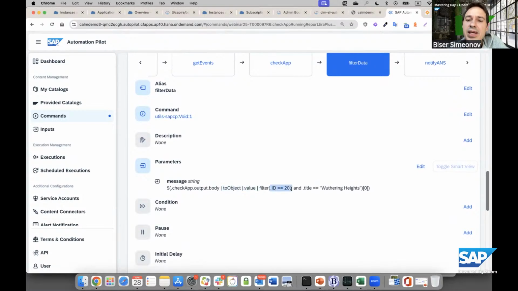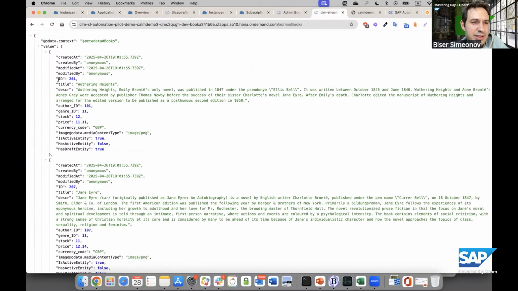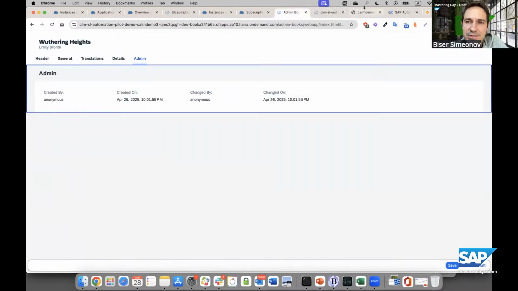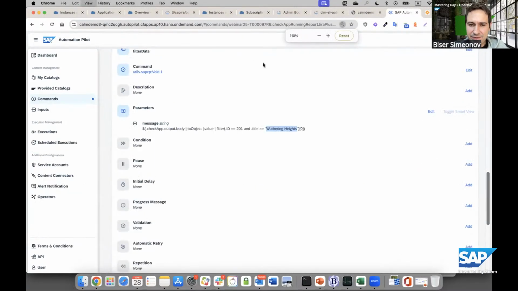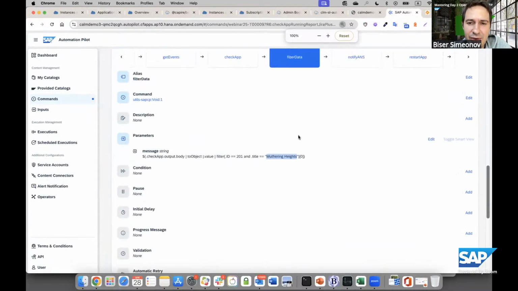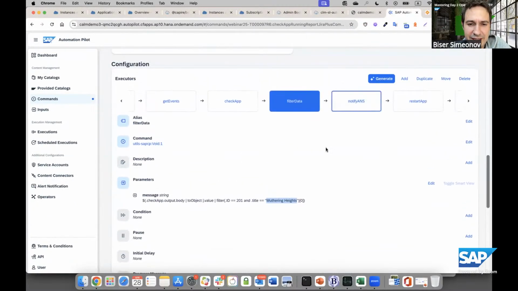And my expectation is that the title for that ID is this one. So I'm filtering for this ID, and then I'll be looking for whether or not the title matches. My expectation is that the value will be exactly this one, and if that's the case, everything is fine. However, if that's not the case,